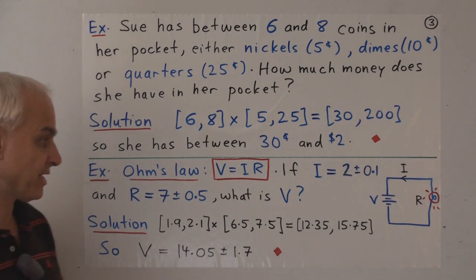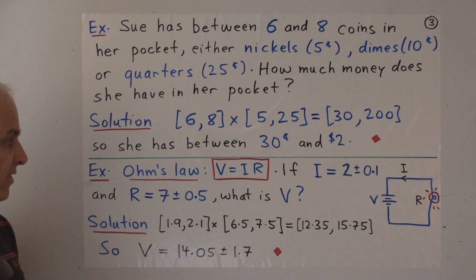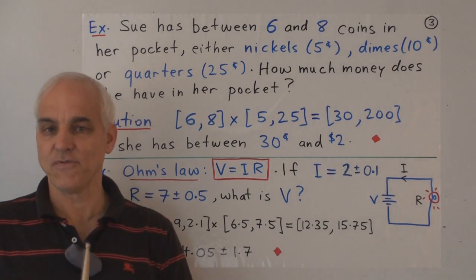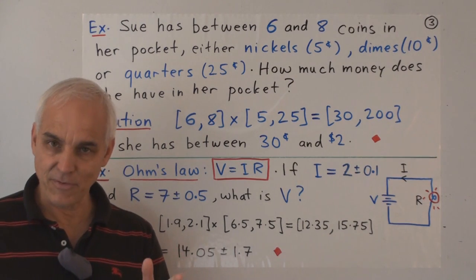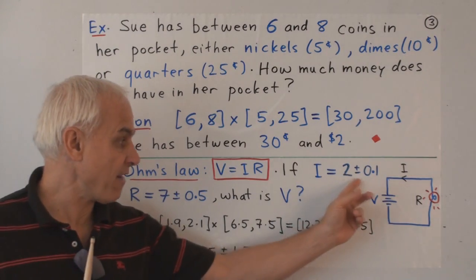Well, the naive thing to do is to say, well, it's I times R. I is more or less 2. R is more or less 7. So I times R is 2 times 7, or 14. The voltage is 14. And that's roughly correct, but it doesn't take into consideration the errors that we have in